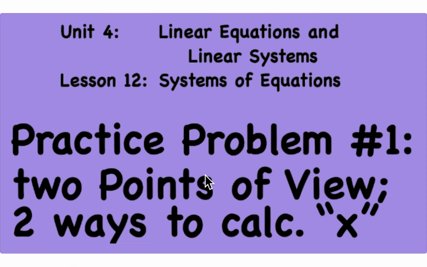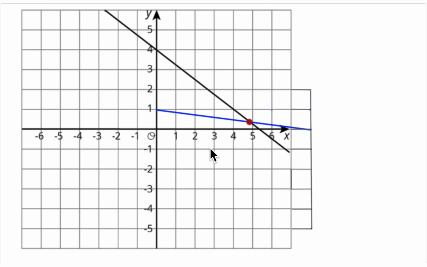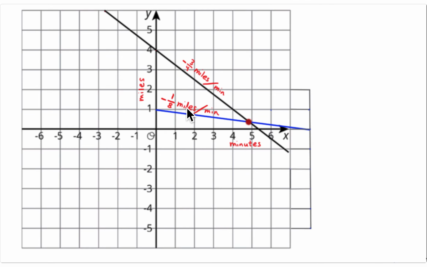When finding the solution to a system of equations, you can often find that solution by taking one of two different points of view. So here's a system of equations, and let's give this some context. Let's say that there's one person who's traveling at 3/4 of a mile per minute, and this negative means the direction. So they're traveling in this direction,